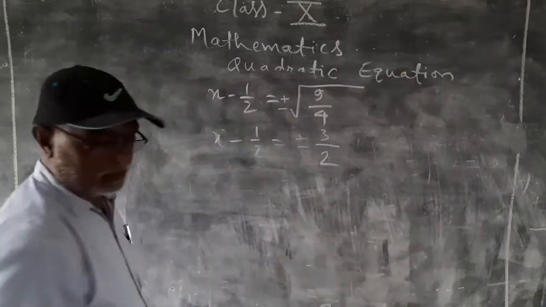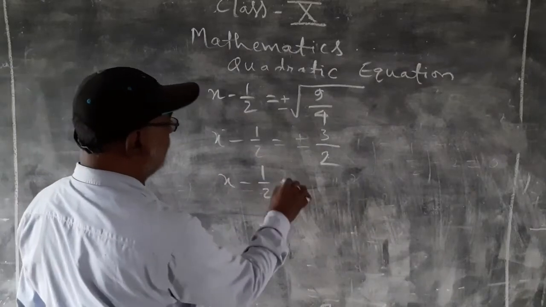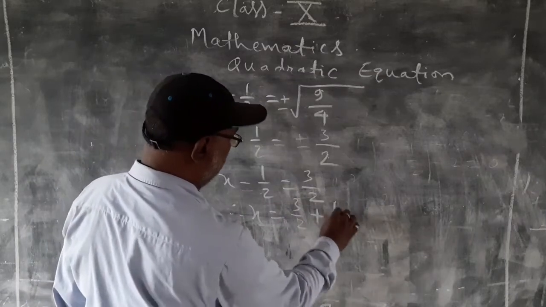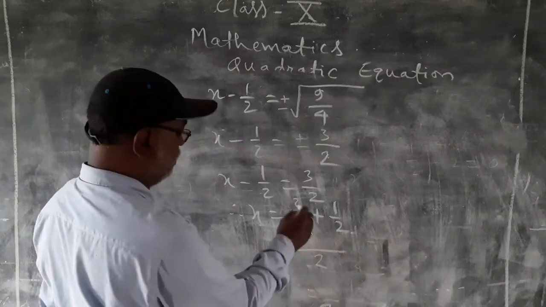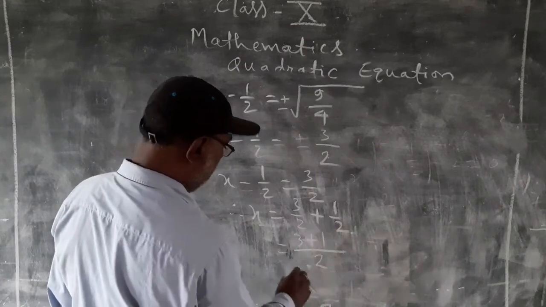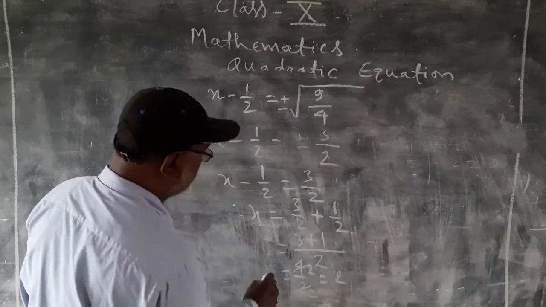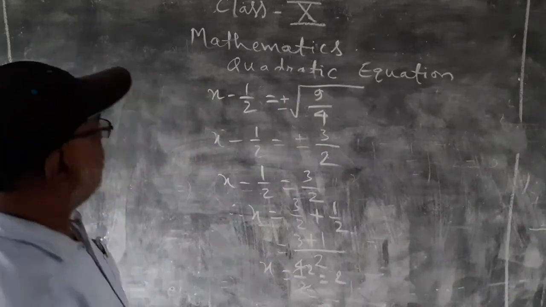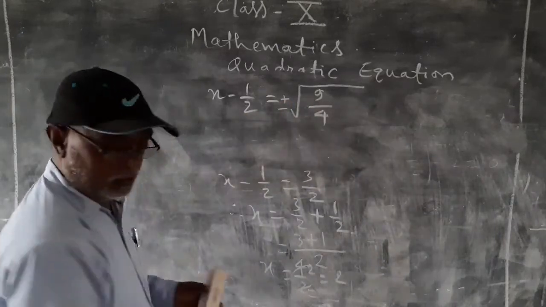Now, if you take the plus sign, you have x minus half equal to 3 by 2. Therefore, x equal to 3 by 2 plus half. Now take LCM 2. 2 divided by 2 is 1, into 1 is 4 by 2. It gives you 2 on cancelling. Now x equal to 2. This is one of the roots. Now the other root, if you take minus here,